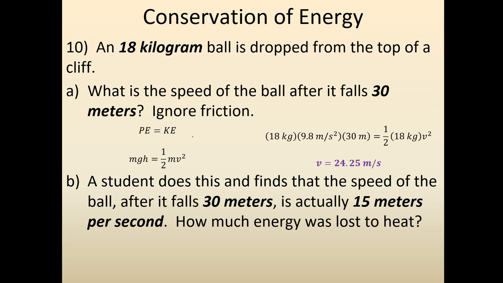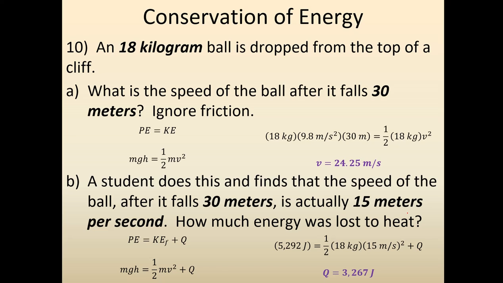So everything is about the same, except now we have some energy loss to heat. So what I'm going to do is PE equals KE final plus Q. I'm going to use the same equation. This time I'm just taking what this is and plugging it straight into here. But this time the final velocity I'm going to say is 15 meters per second, and then I'm going to solve for Q. When I do that, I get that my energy loss is